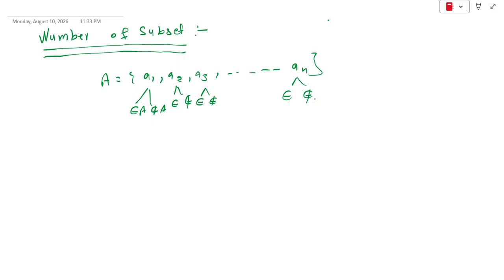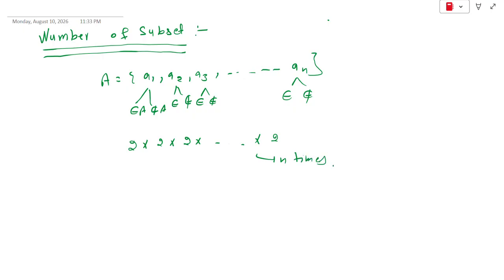For every element, we have two choices. Either we include that element in the subset or we do not include. So we see that 2 cross, every element has two choices, so 2 cross 2 up to n times,